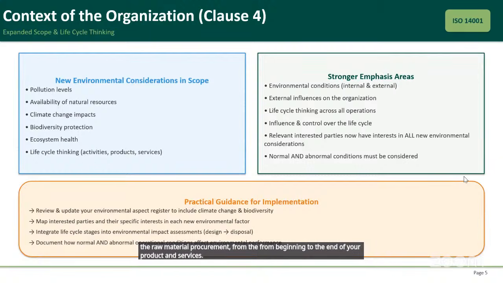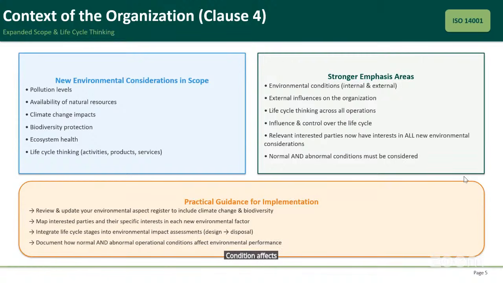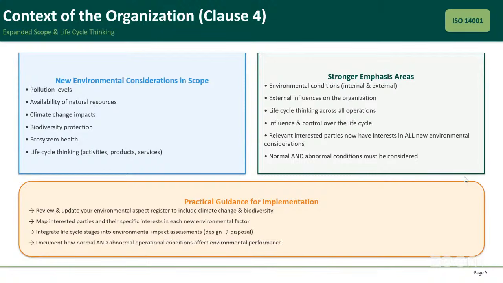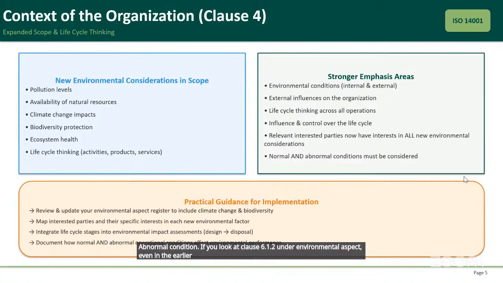Then you must document how normal and abnormal operation conditions affect environmental conditions. Now these are also part of what we now see. Even though I believe I've come across that statement before in the earlier version. Abnormal condition, if you look at clause 6.1.2 under environmental aspects, even in the earlier version,